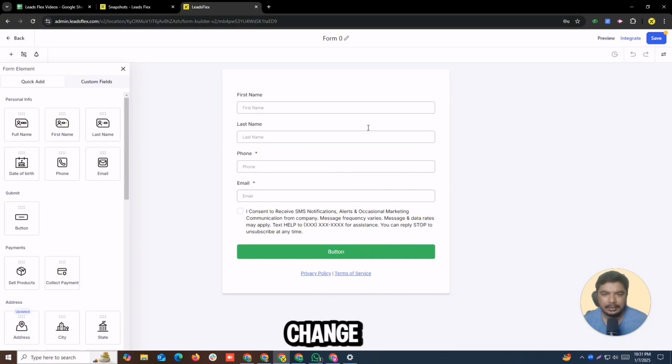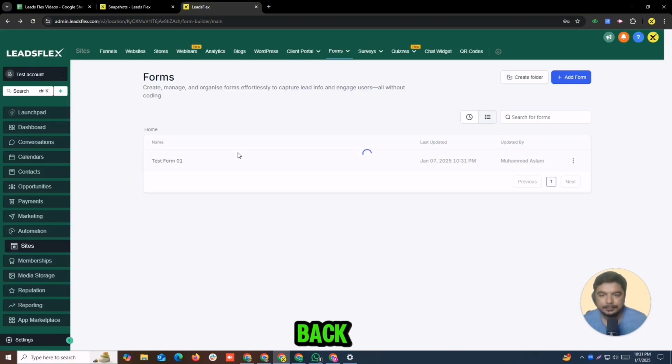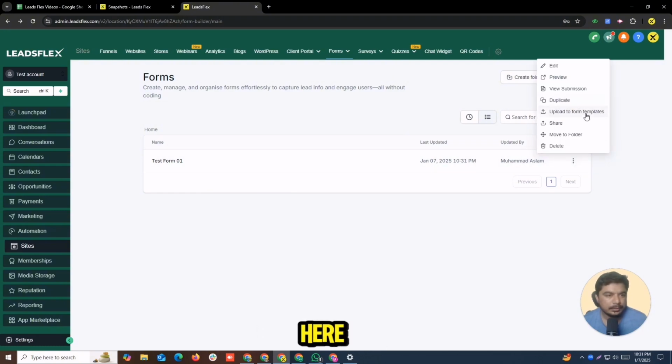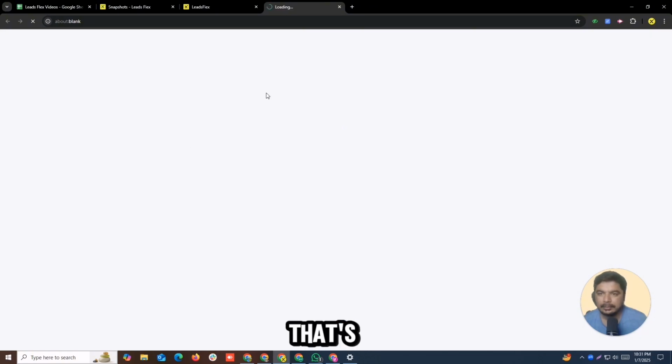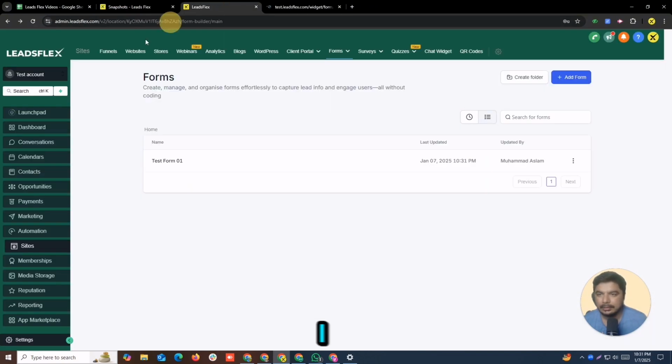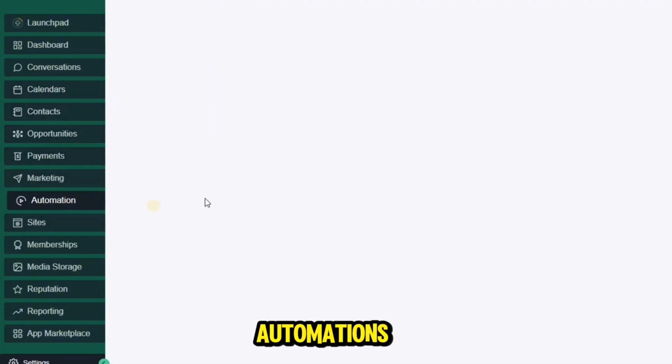I'm not going to change anything here. I just change the name. I will say test 01. That's it. So I just go back. I'm not going to see a submission here. So yeah, the form is created. I just click on the preview. That's a preview section. So I just go back again in automations,